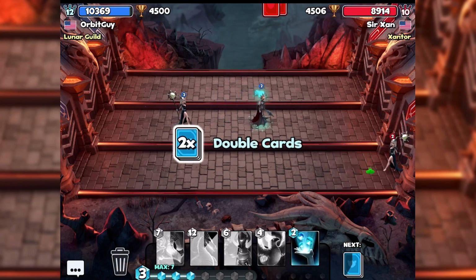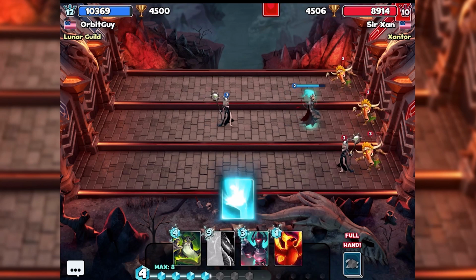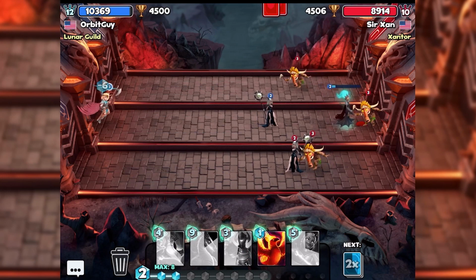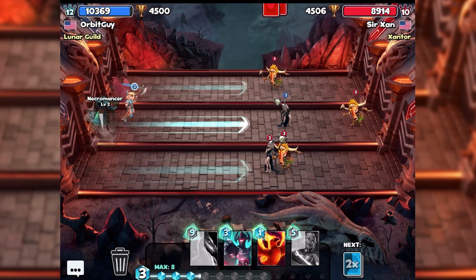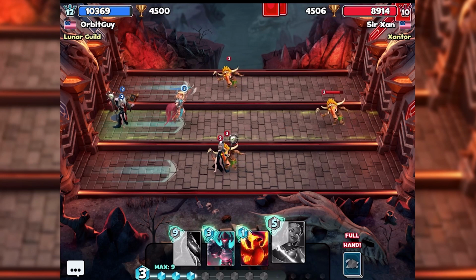They do the same thing. They had a lot of similar cards to myself in their deck. I wonder what deck they were playing with, honestly, because it was pretty similar. So I decided to go for the Valk. And now you'll see here,